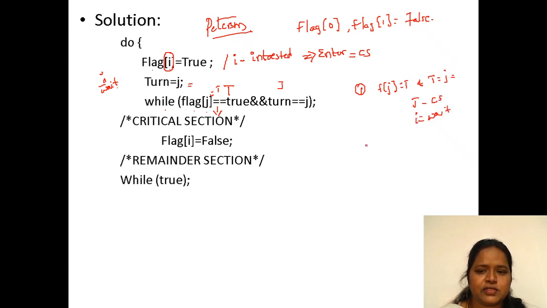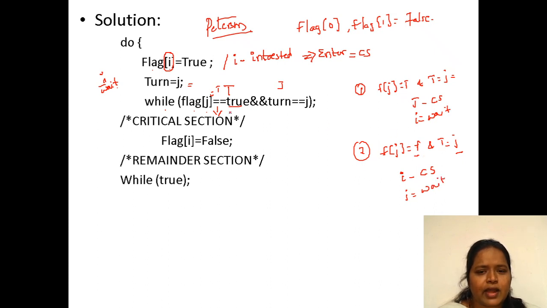The second condition is, suppose flag of j is equal to false and turn is equal to j. It is an AND operation, so only if both are true will the operation be performed. Here this is false and this is true. Now i will enter into the critical section and j has to wait.